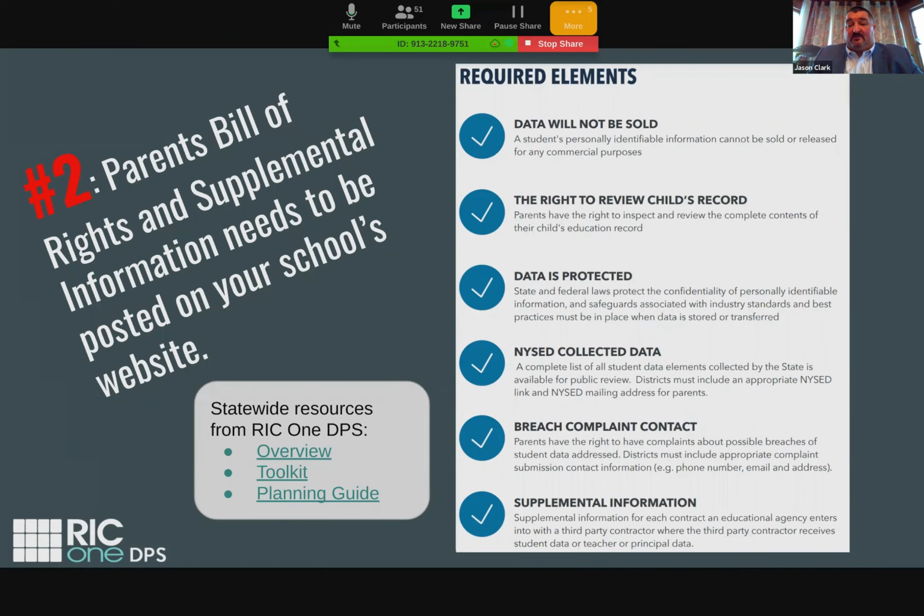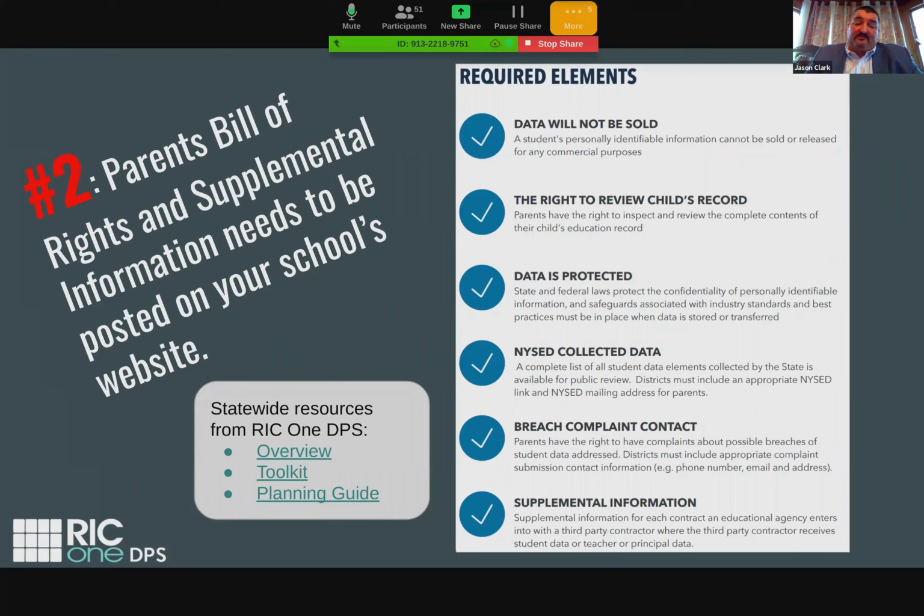to be posted to the website, because there is a component of these regulations that really focuses on having parents be aware of where their student information is going and how it's being used. So the Parents' Bill of Rights and supplemental information being posted to the school's website so that the community can easily find it is part of those regulations. And that really allows them to understand how their students' information is being used.